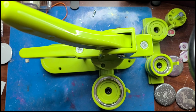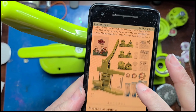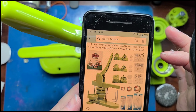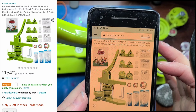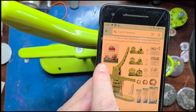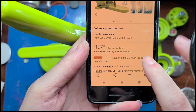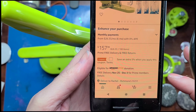So that is this button machine. Let's see here. I'll be putting all this on the screen, but I just wanted to show you. It's Aiment, and it comes with all this stuff. Like I said, you get 200 of the small, 300 of the medium, and 100 of the large, so 600 sets total. And they do show the book in the listing, so the book just comes with it. You can see right now, at the time of me filming, it is $158,